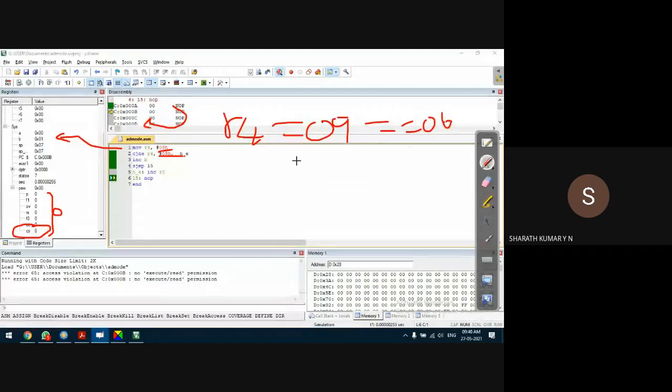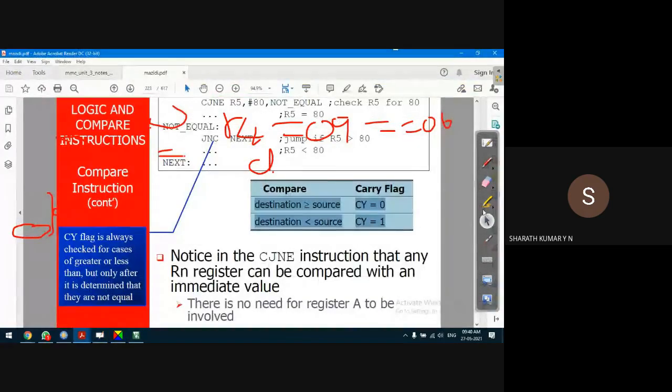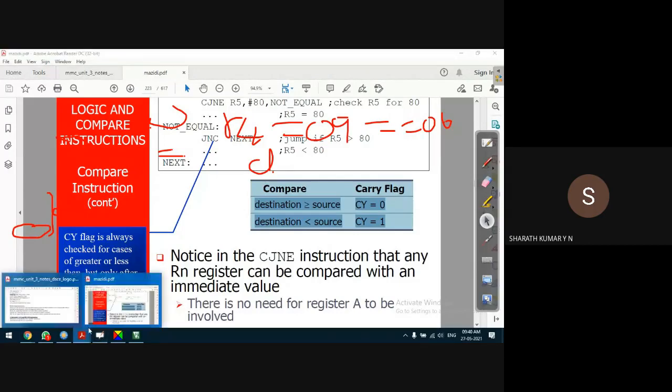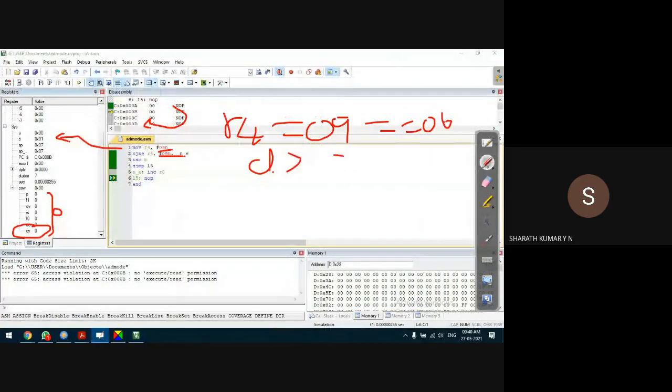That means the destination in this case is greater than the source, which is the destination R4 is greater than data 06.